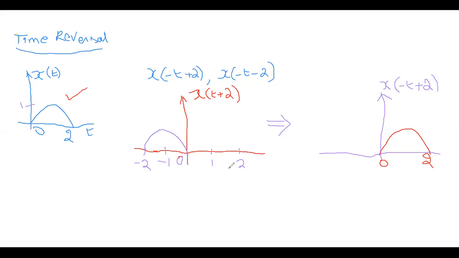Okay, thank you. Now, this is the representation of x of minus t plus 2. This can be easily obtained from x of t plus 2. Now see here, now I am going to represent one more signal, that is x of minus 2. If you want, you can compare this waveform with the earlier waveform we have drawn. Now see here, now I am going to represent